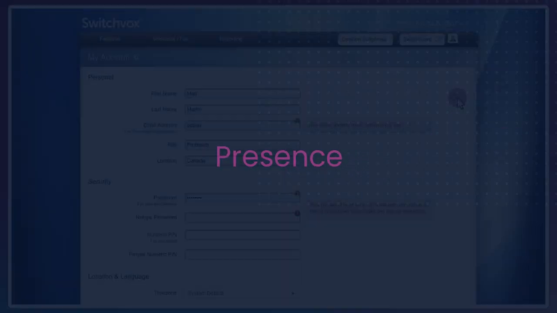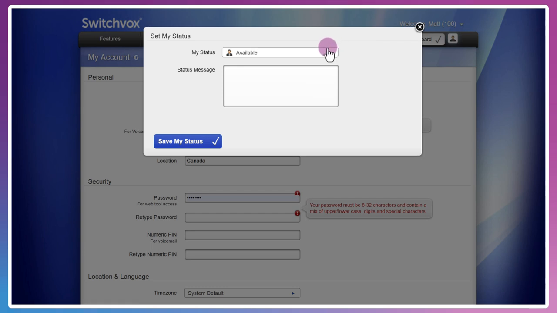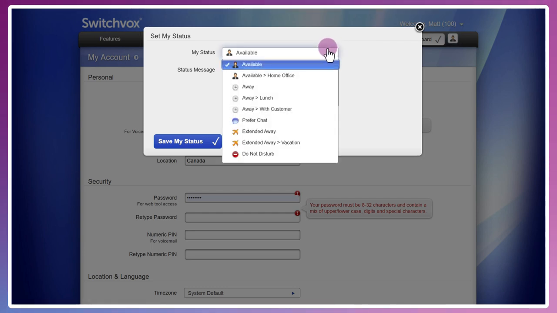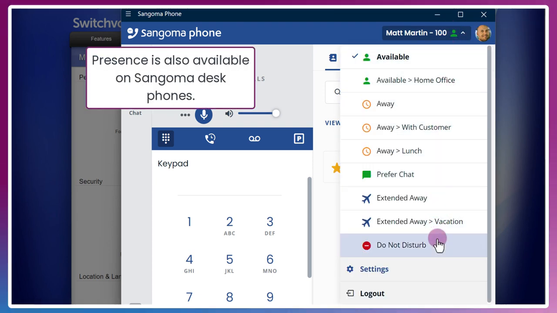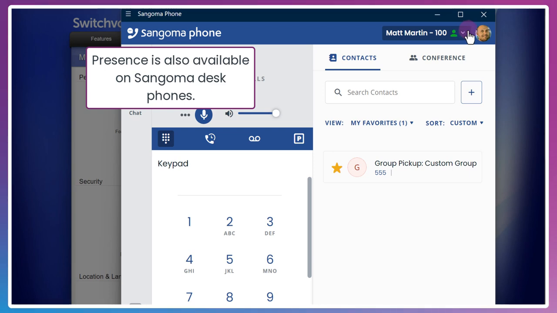It's important that users are familiar again with that status indicator, as the status will change how call handling for incoming calls behaves as well. For example, changing the status from available to busy or away could reroute calls to voicemail, or if the user is part of a queue, they will not receive calls even while logged into the queue should they have some sort of an away status. A more likely and widely used method of changing a user status would be the Sangoma phone, which allows you to do that from here, and even in the switchboard.